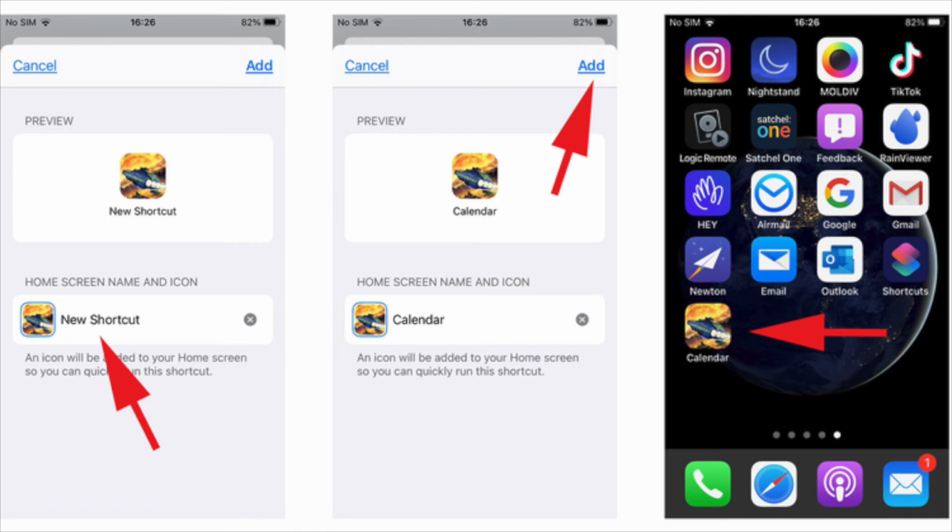With the image selected, tap on the area to the right of the new icon and give the shortcut the same name as the app you want it to launch. Then tap the Add button in the top right corner followed by Done. Now, when you go to your home screen, you should see the newly created app replete with your custom icon. Tap it and you will briefly see the Shortcuts app appear, swiftly replaced with the app of your choice. It's not quite as smooth as native apps, but it's close and a lot more representative of your own personal style.